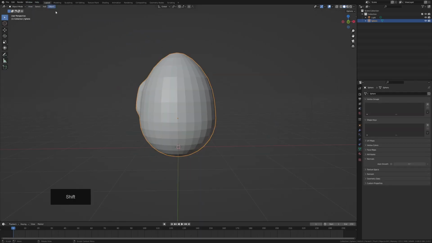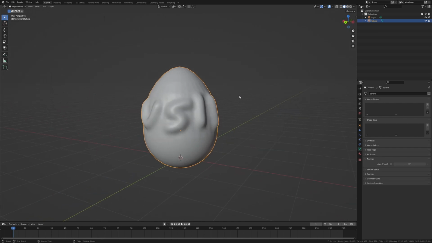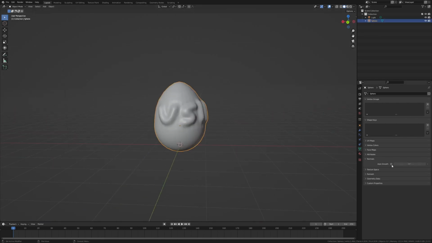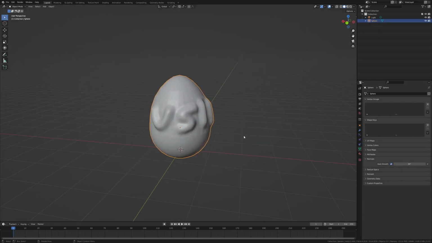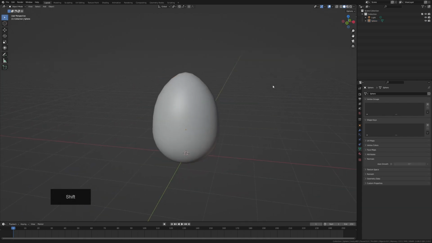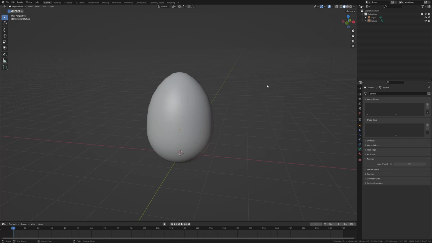And then after I'm done with that, I can go back into layout or something, shade it smooth again, and it'll just be the same. I'll do auto smooth again, and boom, there we go. This looks terrible. Now the other method we can use is basically moving and manipulating the geometry that we already